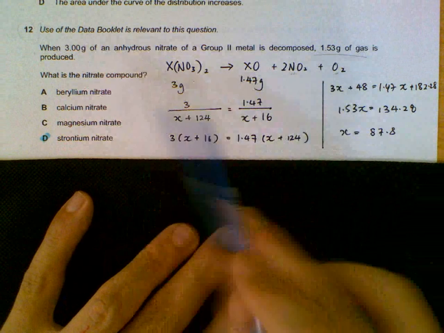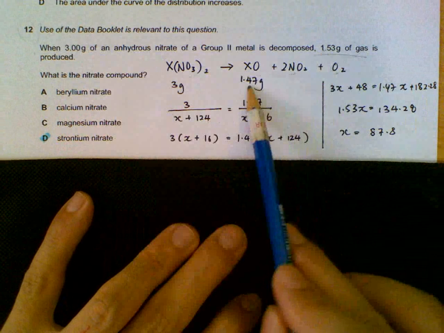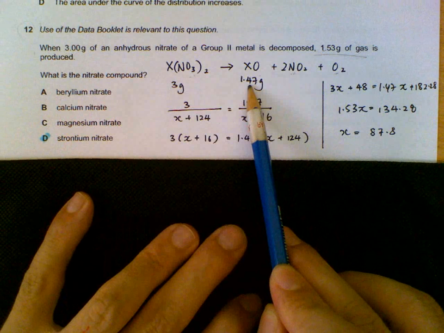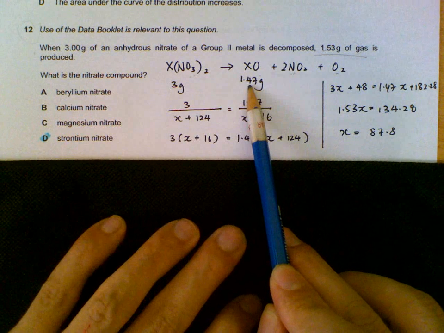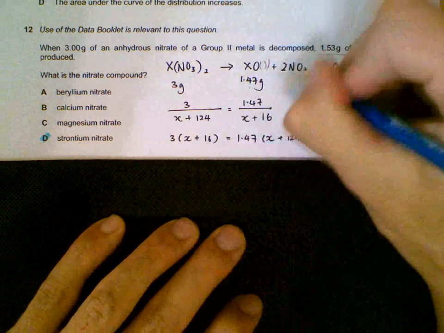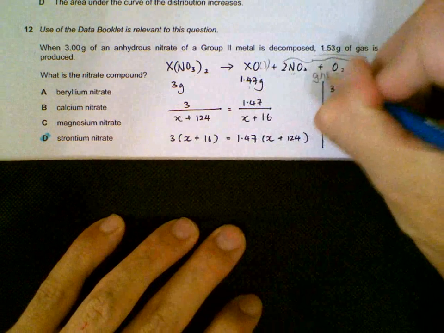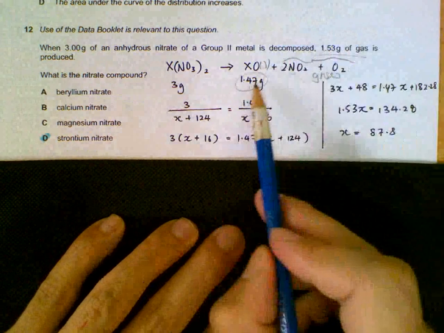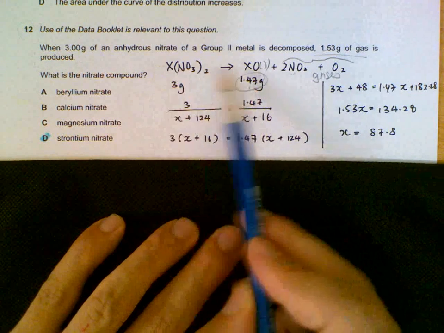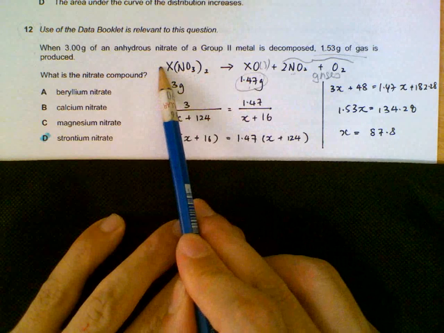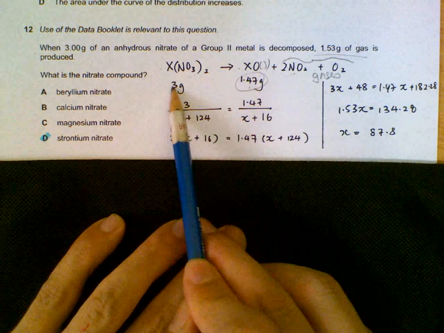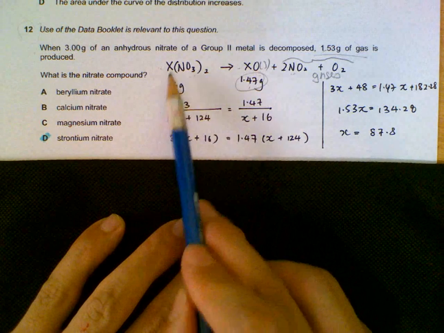We take the difference, because by conservation of mass, the difference is the amount of the metal oxide. This is a solid. These are gases. So the difference allows us to find the mass of the solid remaining. Then back to the equation, 1 mole of nitrate will produce 1 mole of metal oxide. So if we have 3 grams, we convert this to moles based on the molar mass,